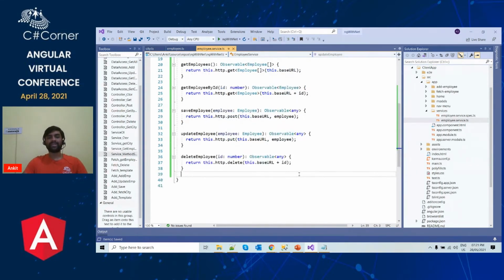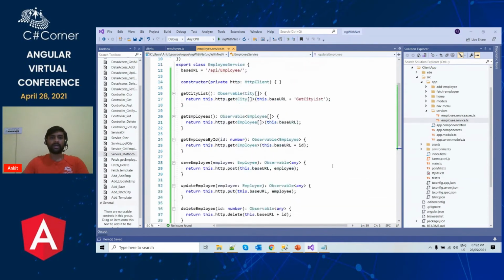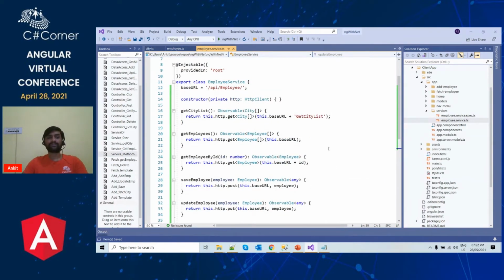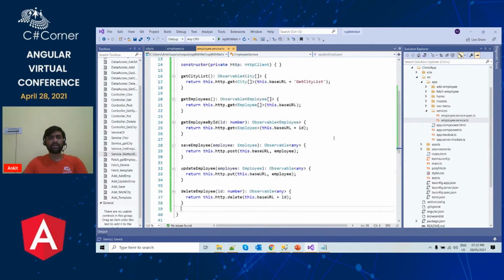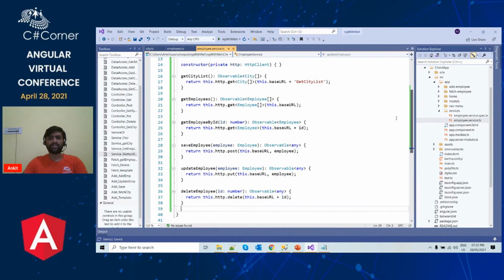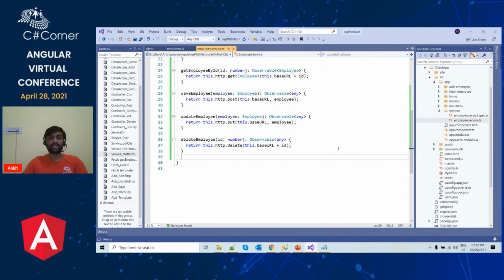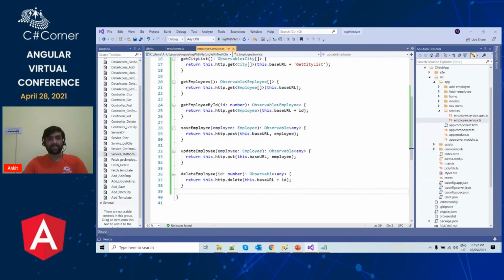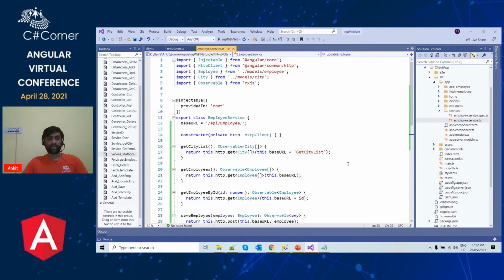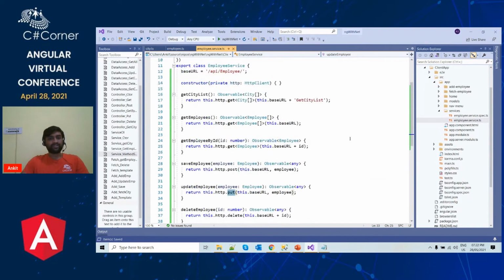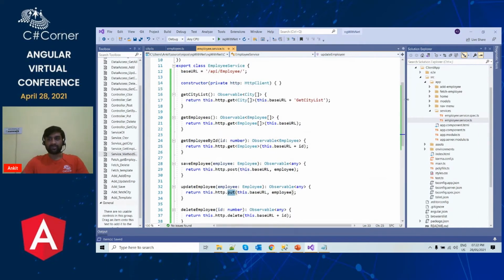That is how we can use HTTP client to do an API endpoint call from our Angular application to any backend API. In this case, we are using the .NET API, but you can do any API call to any other application also. If you have a Java endpoint or a Node endpoint, you can also use the same methods, get, post, and put from HTTP client class to do the API endpoint call. So the service part of this application is done from the client side.